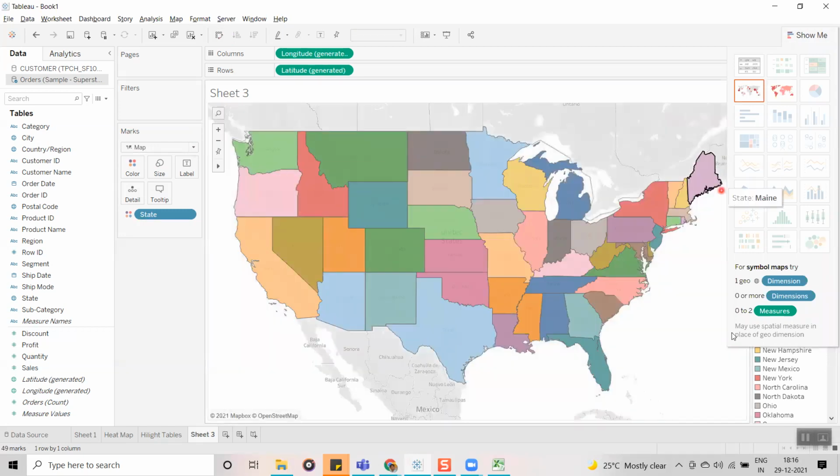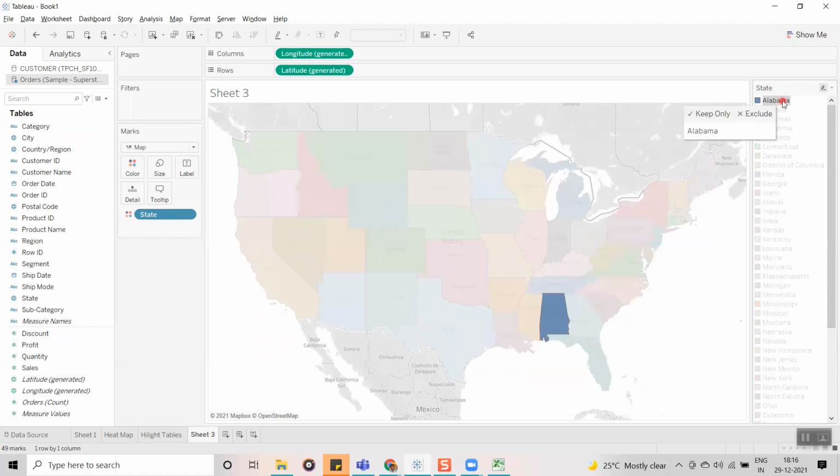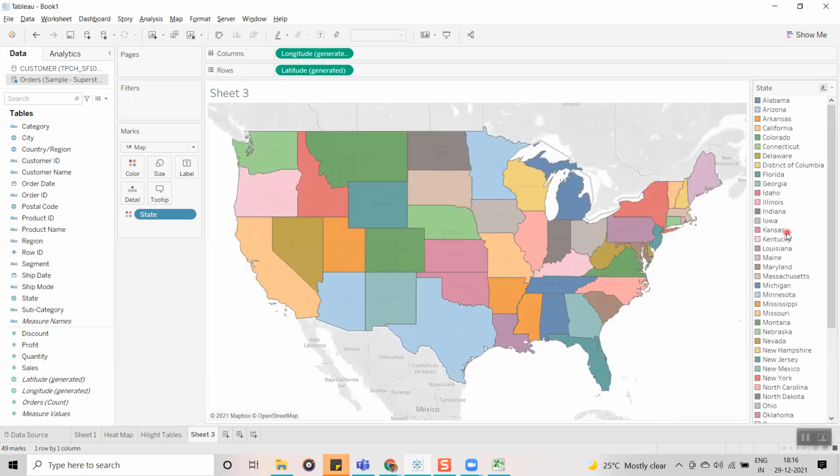So now this is the visualization. Now this is the way we can create a map. Now guys, if you want to display, for example, here I have used color. Normally I am not going to use color. Whenever you are using a specific dimension in color, for each state it has assigned a different color. Now you can see the color legend, Alabama is displaying with this color. So you can see the different states in different colors.